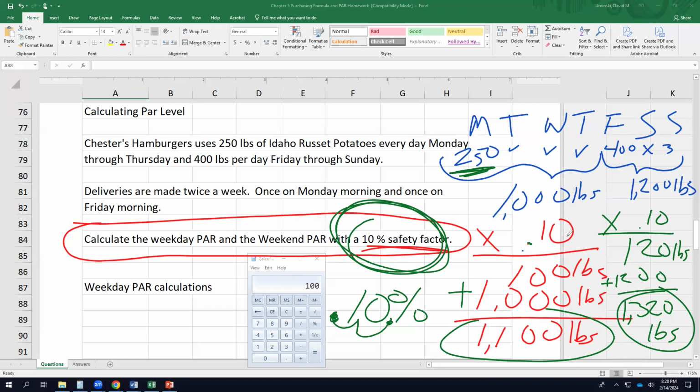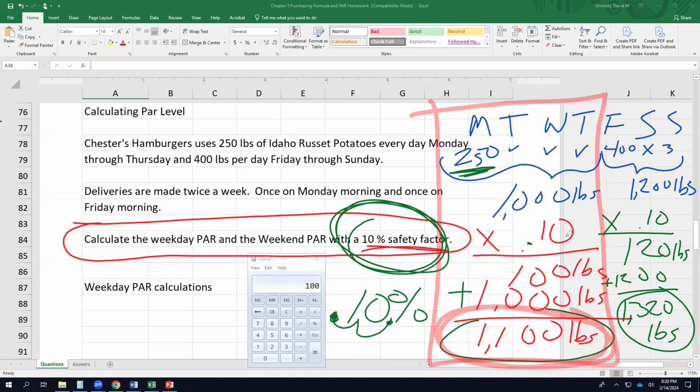All right. So weekday is how much? What's my weekday par? My weekday par is 1,100. That's the weekday. What I need to get through Monday through Thursday, I need to have on Monday morning when I open for business, I need to have 1,100 pounds of potatoes on hand to get me through Monday